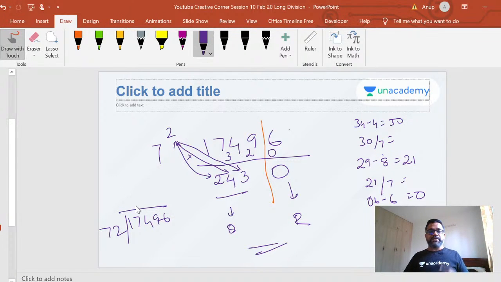The division problem is about finding how many 72s are there in this, and you're looking at both these together. In Vedic maths, you take it separately. You try to find out how many 70s, and then operate it on a single digit, and you get the same answer. You can do it this way, you're going to get the same answer.